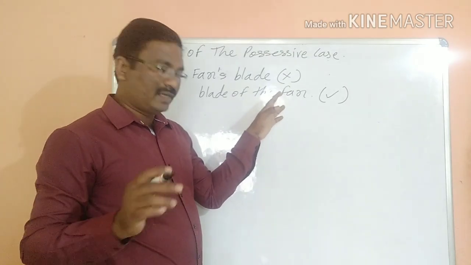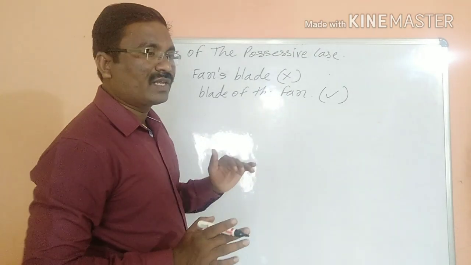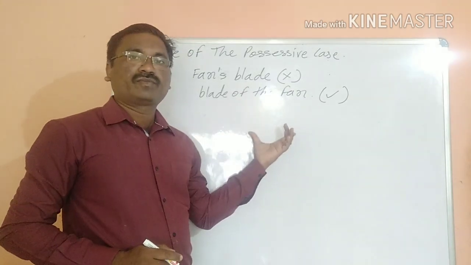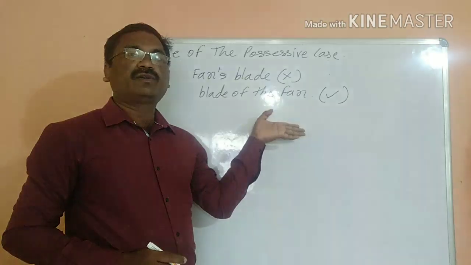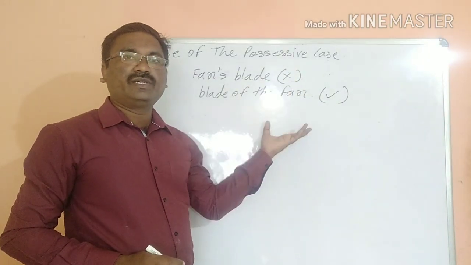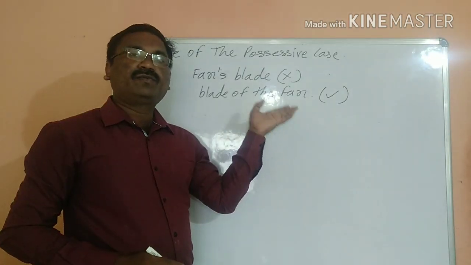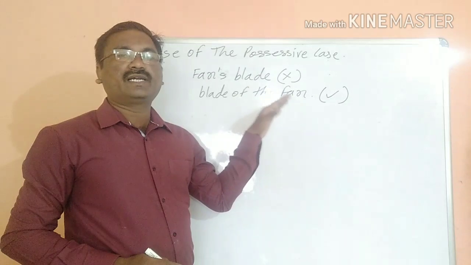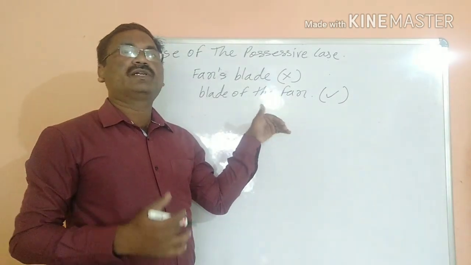And I have finished up to half of this lesson. You should do exercise number 4. Follow these rules and examples that I taught you here, and take help of your textbooks also. You can take help of the textbook and solve exercise number 4. Then we will continue next.